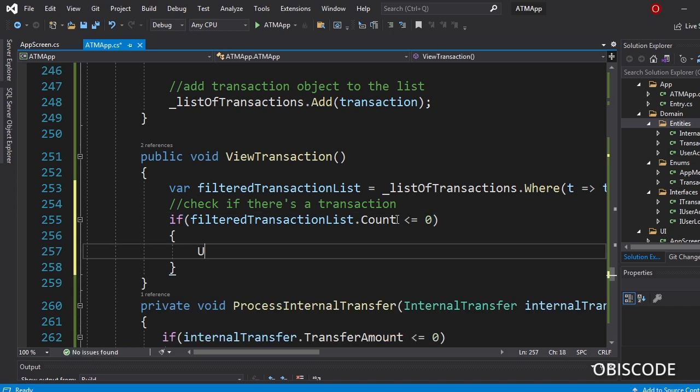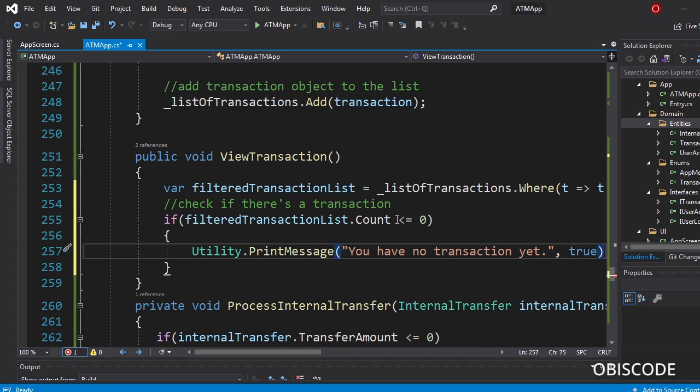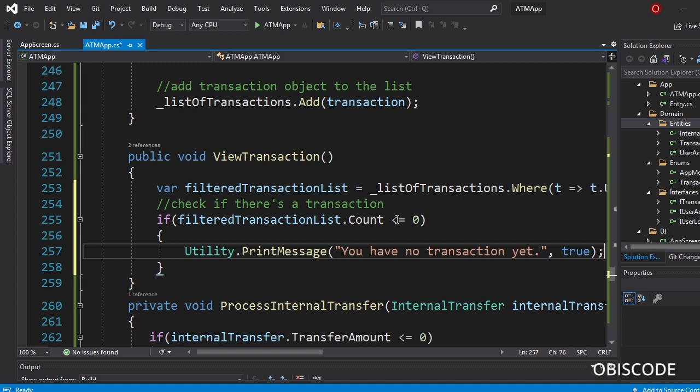Then we can print a message: "You have no transactions yet." It's not an error message, so let's just say true. Else,